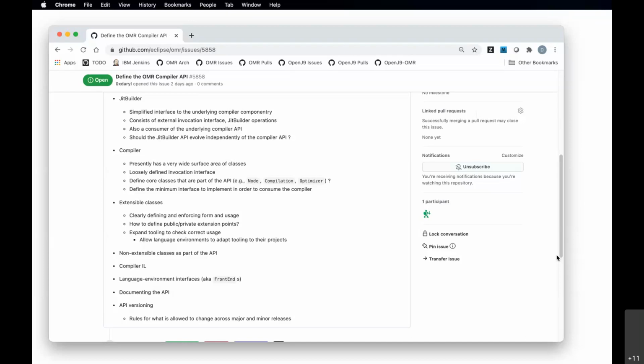I would think we would almost need to introduce some kind of, just as a suggestion, not necessarily the right thing to do, a C++ attribute system where the OMR project could define these are the things that I want to expose as possible extension points, and these are things that are not. I think that would be helpful to control the API going forward, because right now everything is public.